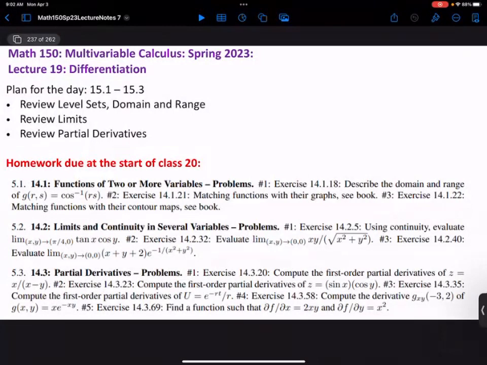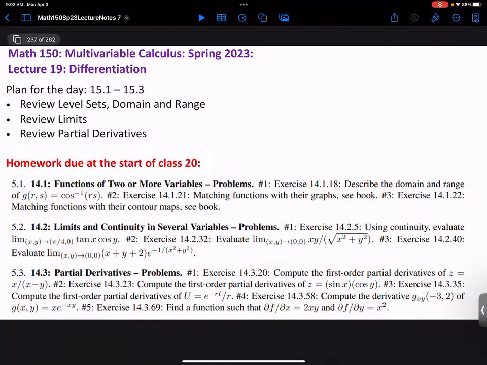This is Math 150 multivariable calculus, lecture 19. As remarked initially, this is the hottest lecture of the semester, I think, because it's been a 2-week break. So it is a little bit of a challenge to get back into the mindset of classes. This is why, not coincidentally, all the material we're doing today is material we have seen before. And so there will be a lot of homework problems due Wednesday, but as always, the TAs and I are